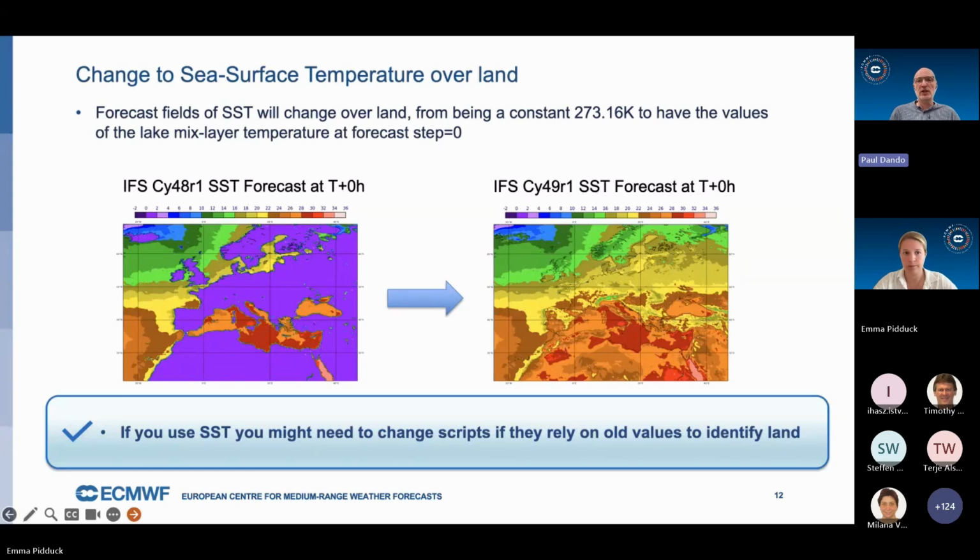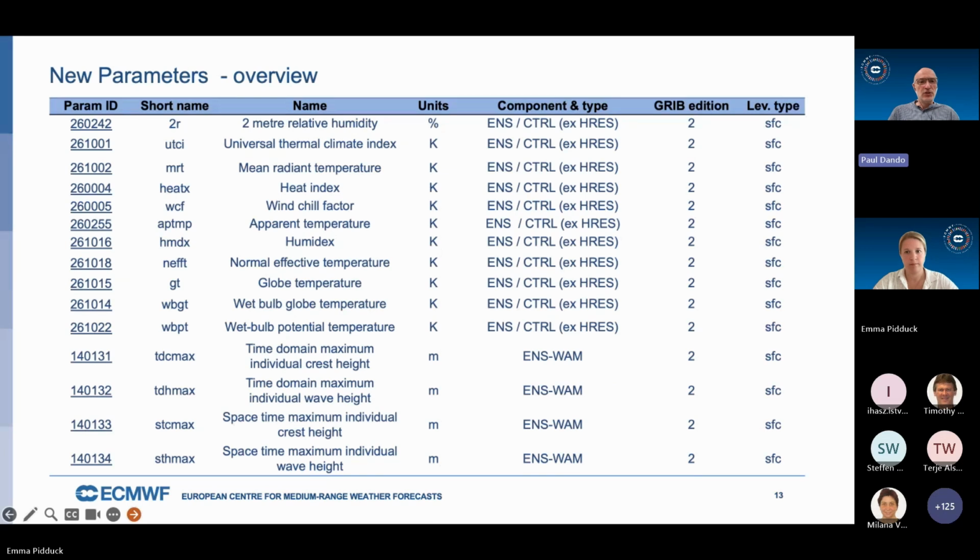It's quite a big change. And as I say, if you use these constant values to identify land points, you're going to need to change your processing, because that will no longer work. And I think with that, I go on to the next slide to just mention some of the other new